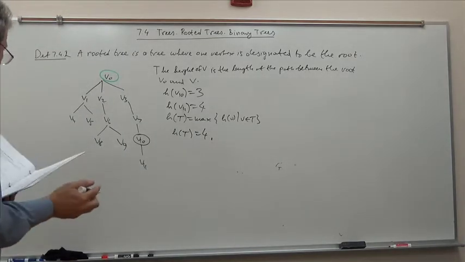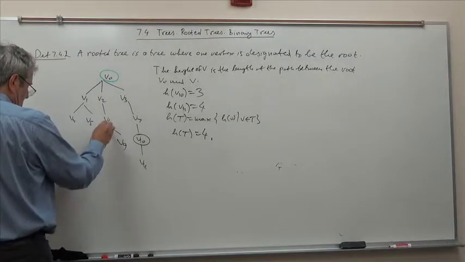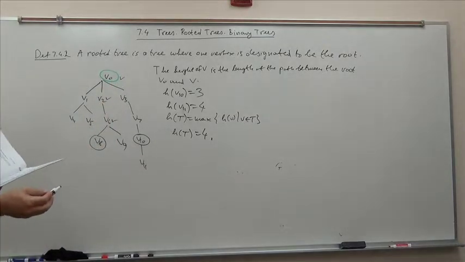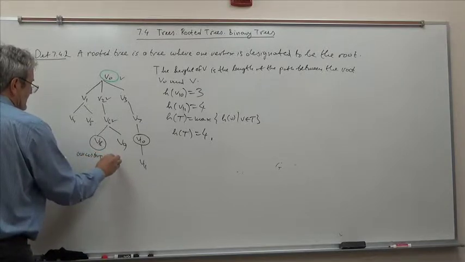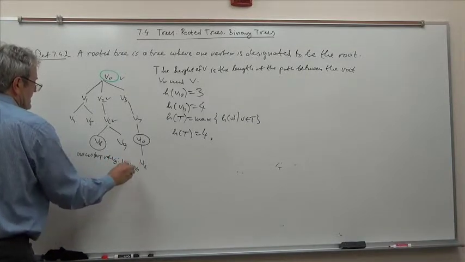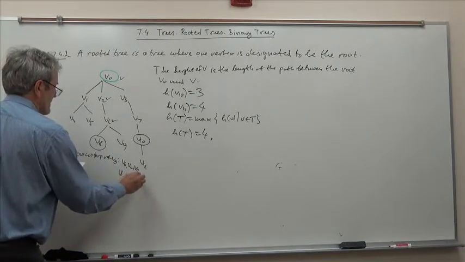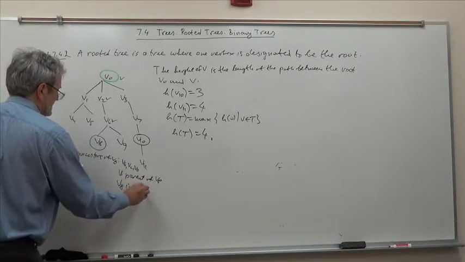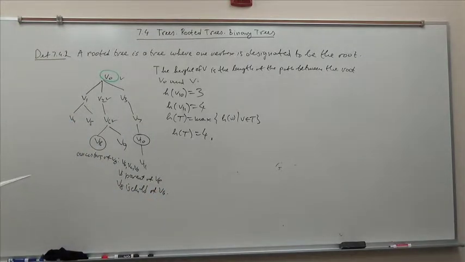All right, and then there is certain terminology. For example, for V8, all these guys, V6, V2, and V0, we say are ancestors or predecessors. Ancestors of V8 are V6, V2, and V0. And then V6 is the parent of V8. V8 is the child of V6. Obviously, by analogy with family trees.